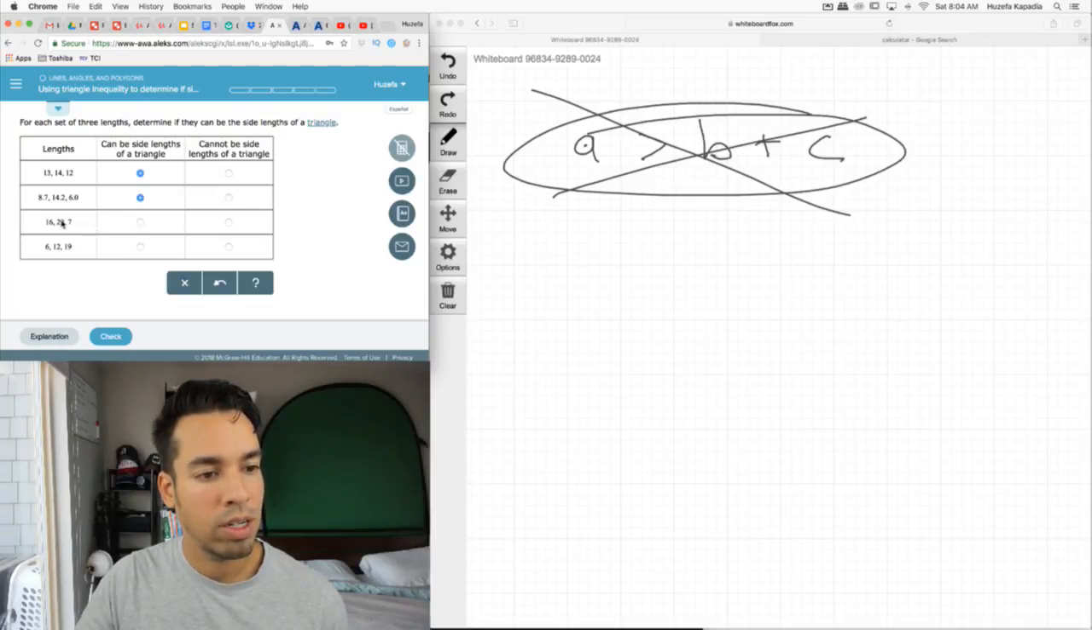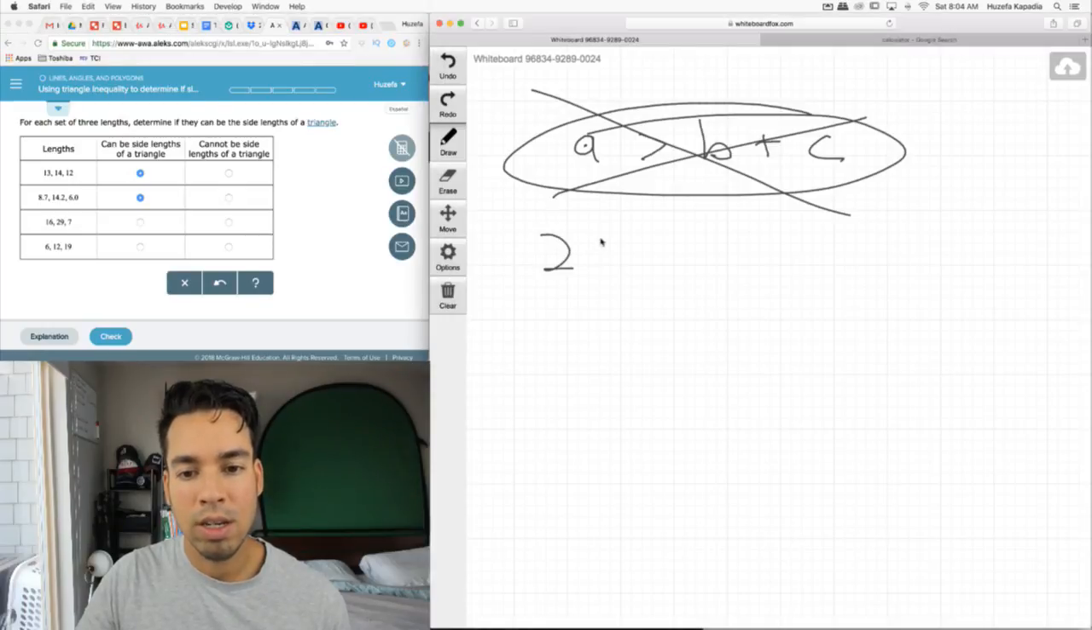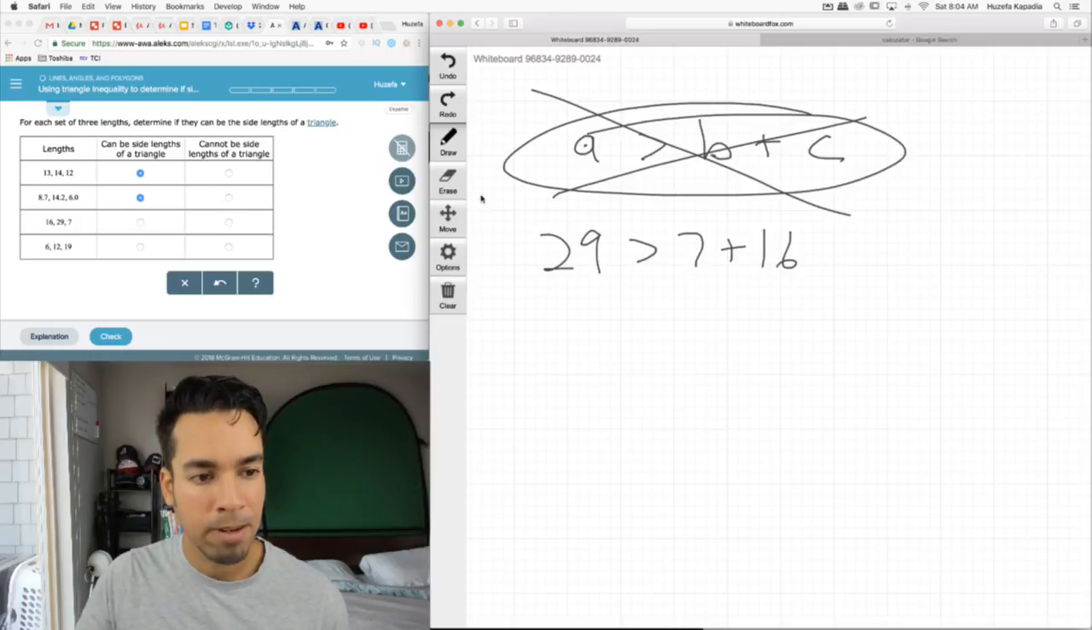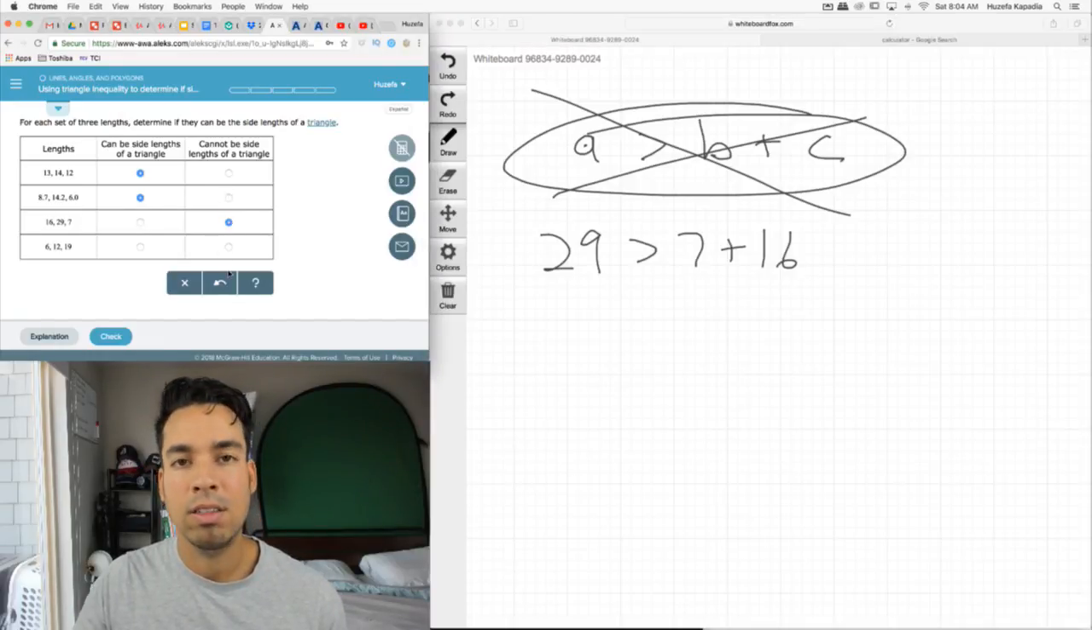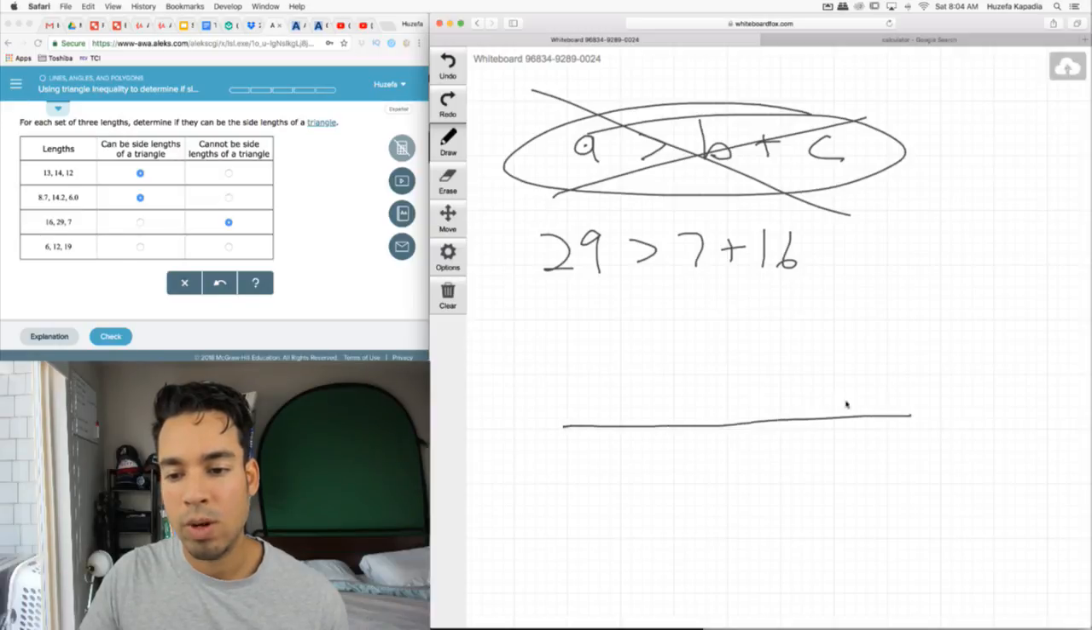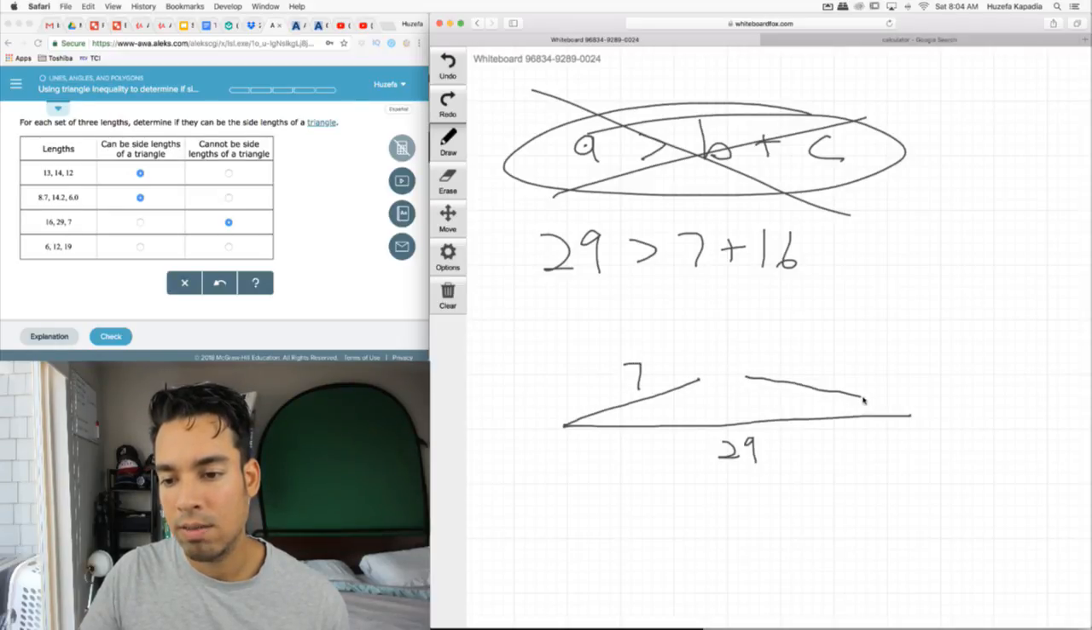Let's look at that greatest side, 29. Is 29 greater than 7 plus 16? Yes, it is. 29 is greater than 7 plus 16. 7 plus 16 is 23. So this violates that rule. The reason why, so if you think about it, if we got a length of 29, right, down here, and this is a length of 7, and this is a length of 16,